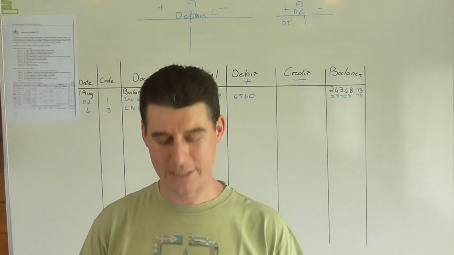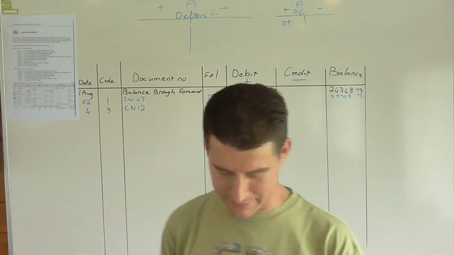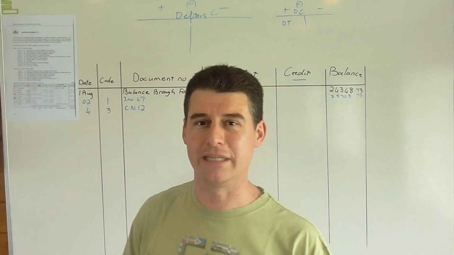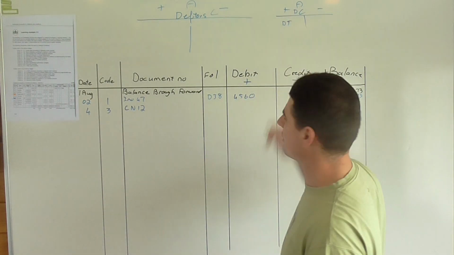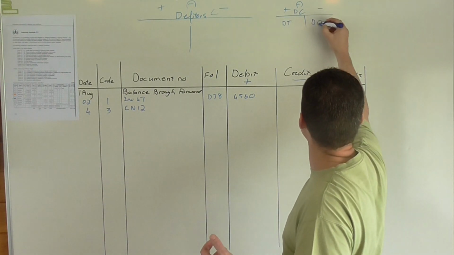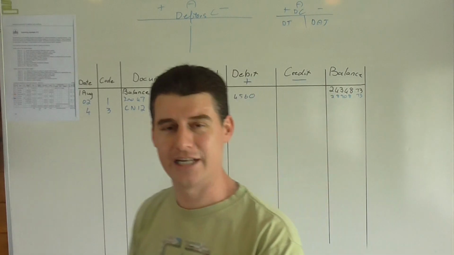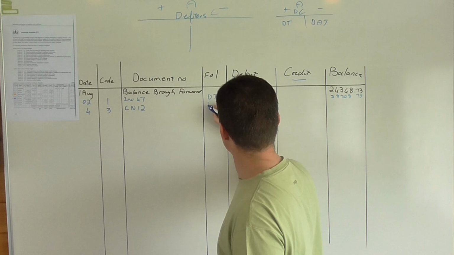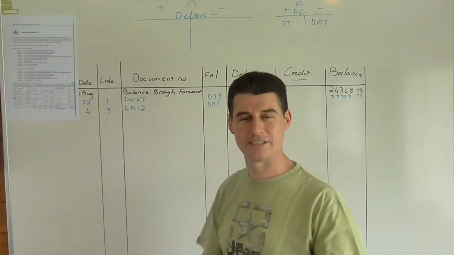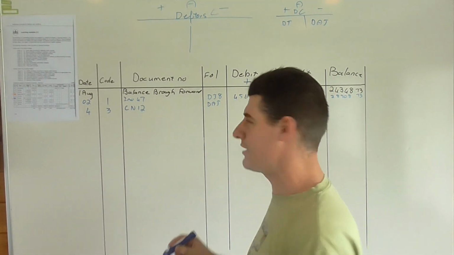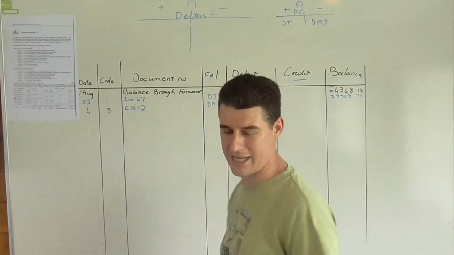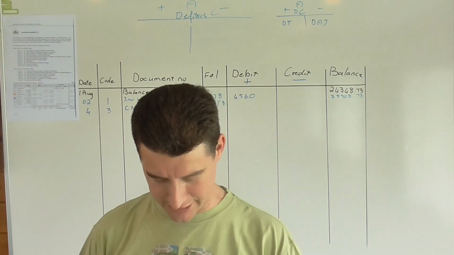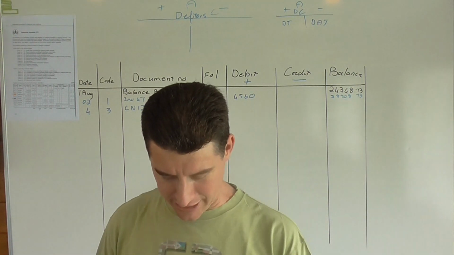So which journal will this go through? We know that because he returned goods, your debtors control will be decreasing. It decreases on the credit side, and if it decreases on the credit side, that goes into your debtors allowance journal. Okay, I know when you do it out of the journals, it's easier because you can already see which journals are in, but for this exercise, we need to still calculate which journals it goes to. Okay, so that'll be